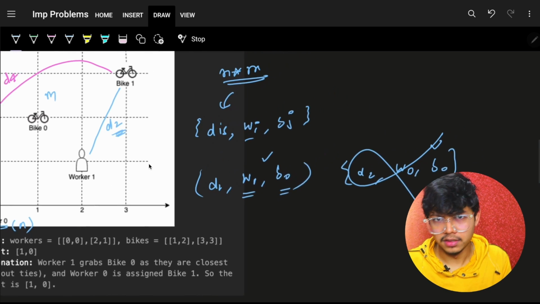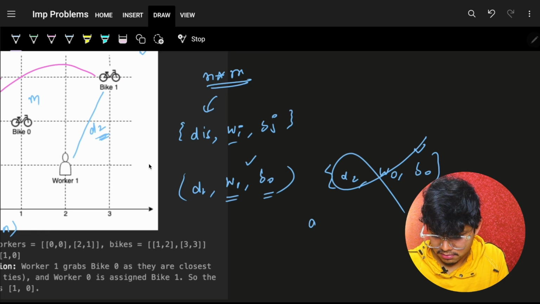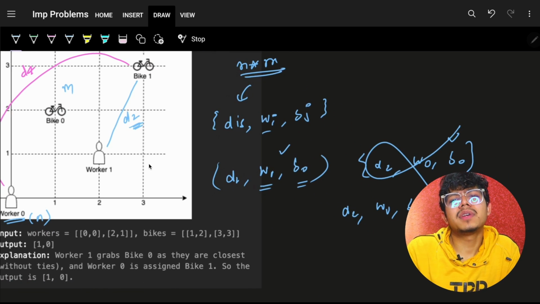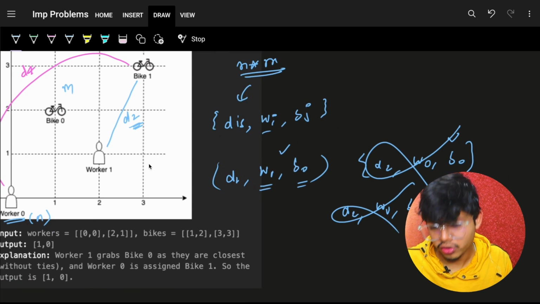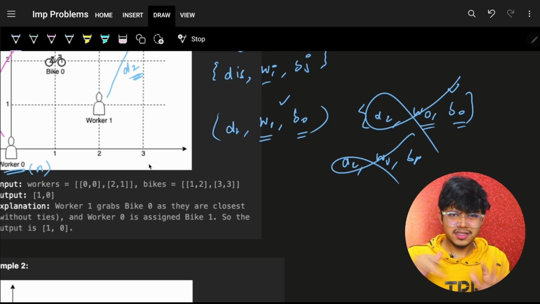next possible thing, which is worker 1 with bike 1. But with this you see that worker 1 was already paired with the smallest distance bike. So why pair him again with a larger distance? I'll also not pair worker 1. So you saw one thing: if any of the worker or bike is taken, just skip it,